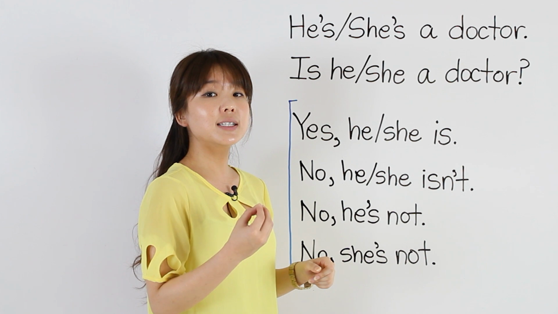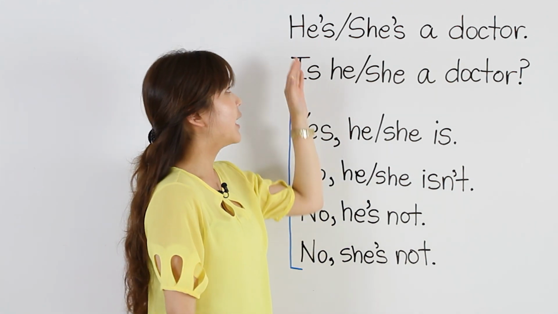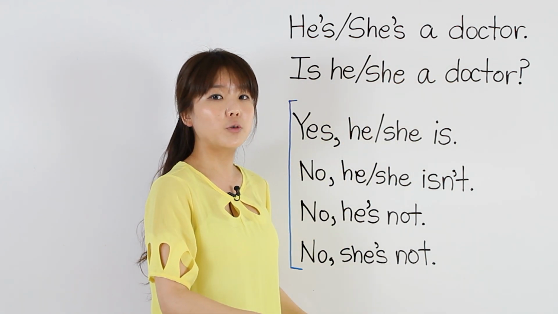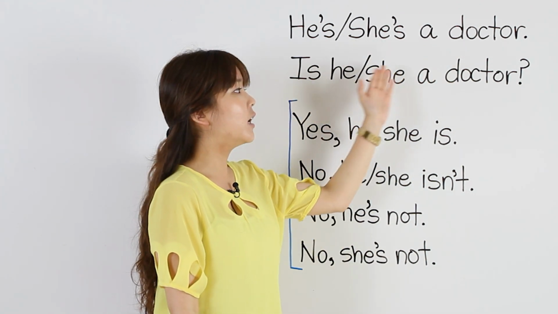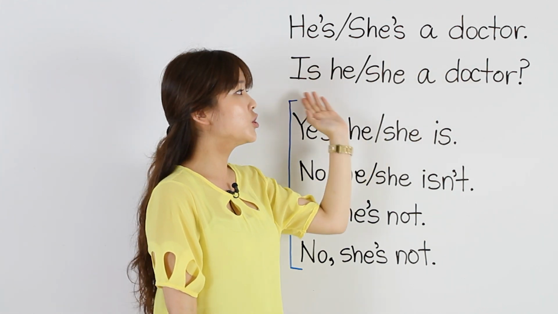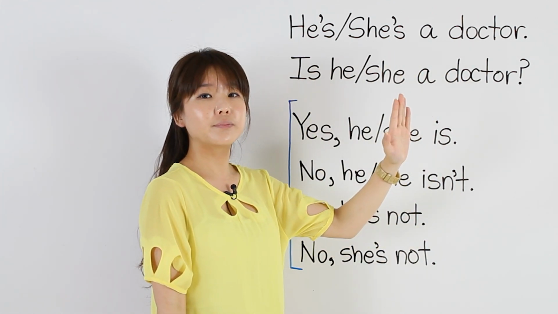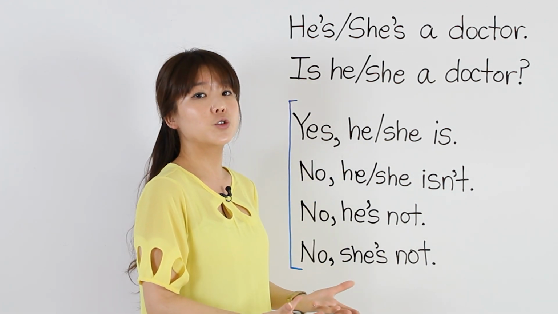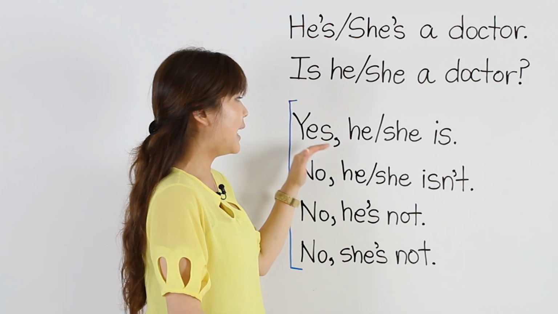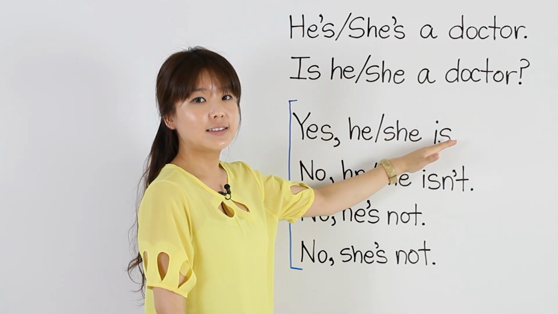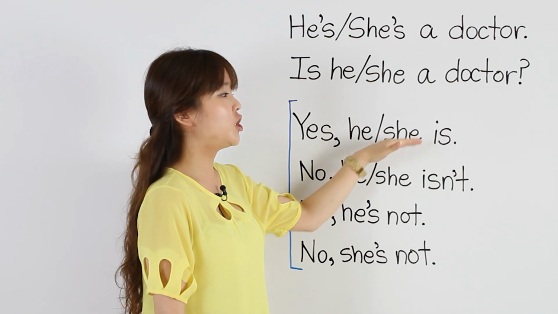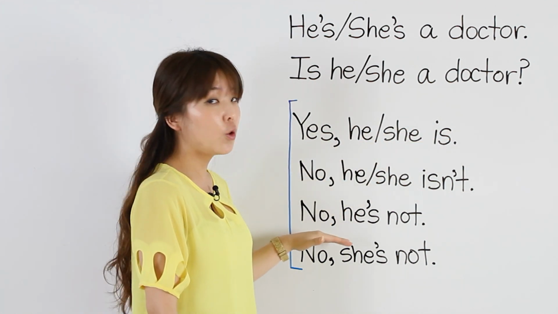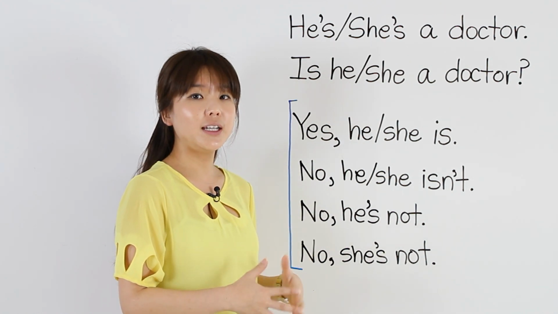Now I want you to listen to the intonation again. He's a doctor. Okay, the intonation is going down. Is he a doctor? In the question, again, the intonation goes up. Okay, now when you answer, there are several possible answers you can give. So, yes, he is. Or, yes, she is. Okay, that's easy. When you come to no, this is where it gets a little tricky, but you can do